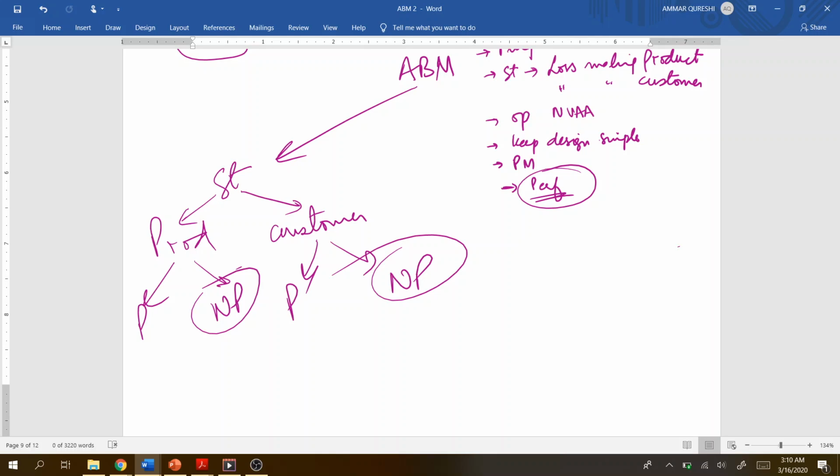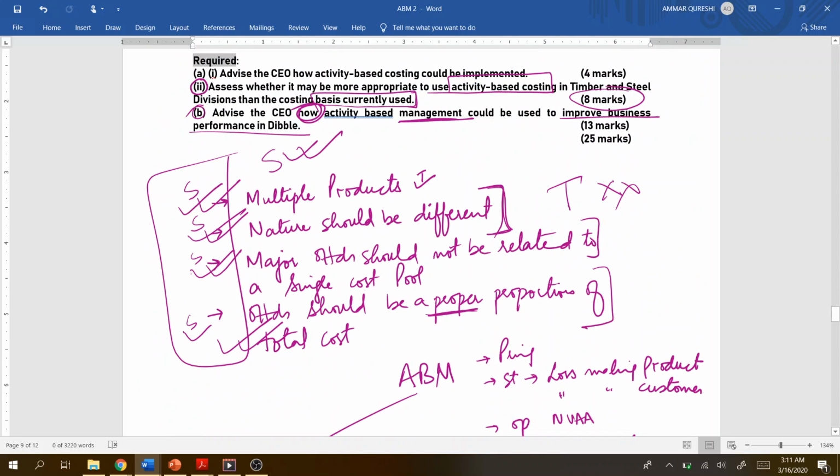Something where we can actually see the improvement, and we can see how innovative and how productive our employees are. Because if the production manager is working in a very similar manner every year, then definitely that means he's not motivated towards improvement. He's just doing a routine, regular job. But if he is motivated towards product improvement, towards reduction, towards design improvement, towards activities improvement, then definitely that will help keep him motivated. And for that, activity based management definitely can help the organization, right? So these are some things which we can write in this